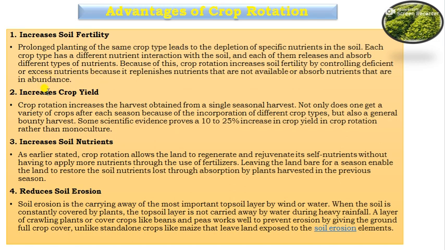Then the second advantage, that is increases crop yield. Crop rotation increases the harvest obtained from a single seasonal harvest. Not only does one get a variety of crops after each season because of the incorporation of different crop types, but also generally a bountiful harvest. Some scientific evidence proves a 10 to 25% increase in crop yield in crop rotation rather than monoculture. Third advantage, it increases soil nutrients. As earlier stated, crop rotation allows the land to